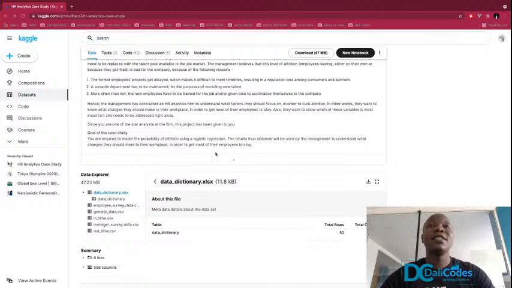Since you are one of the star analysts at the firm, this project has been given to you. The goal of the case study: you're required to model the probability of attrition using a logistic regression. Nice. The results thus obtained will be used by management to understand